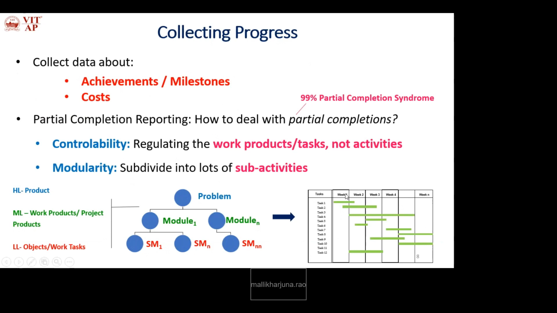In order to find the achievements, we will use milestones, that is checkpoint mechanism. Okay, what quality is defined for this task, is the quality achieved or not? So using milestones, we will assess the progress of all the tasks. Okay, and then cost of what? Cost of the whole solution, cost of the modules, intermediate modules, cost of the submodules, various lower level elements.